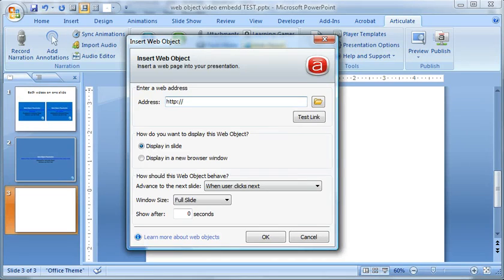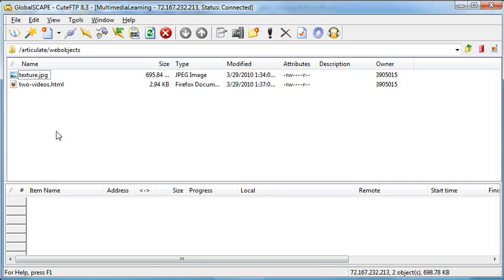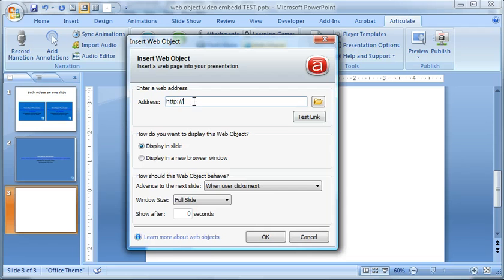So you just want to go ahead and upload that HTML page with the videos to your web server, and then just reference that link in your HTML file. In this case, I added that texture for the background since the web object is going to add its own background. But I called the page 2videos.html, and so I just type that link in right here,